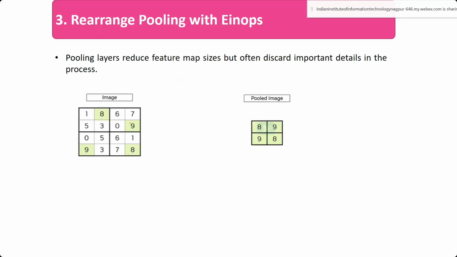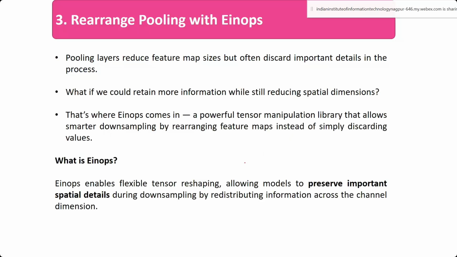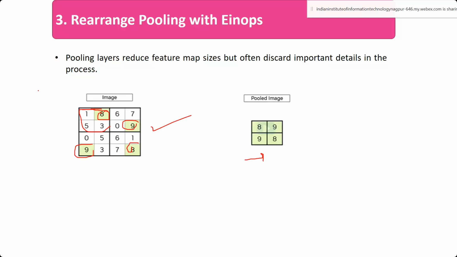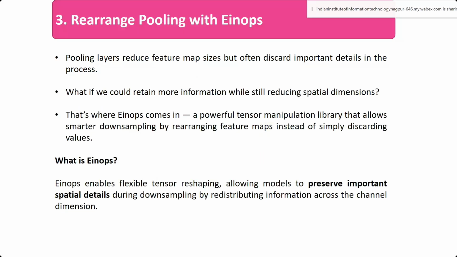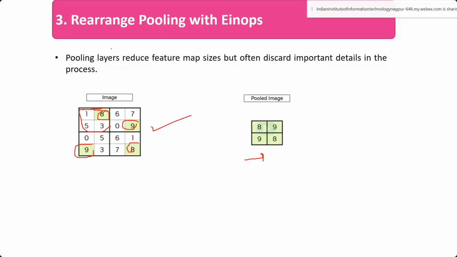The next one is rearrange pooling. If you see here, this was max pooling, where you reduce your 4x4 image directly to half using a 2x2 filter: maximum value from here, maximum from here, and so on. There is a possibility that we may lose some information because of this. So instead of using max pooling, people have come up with rearrange pooling, which is given in the einops library.